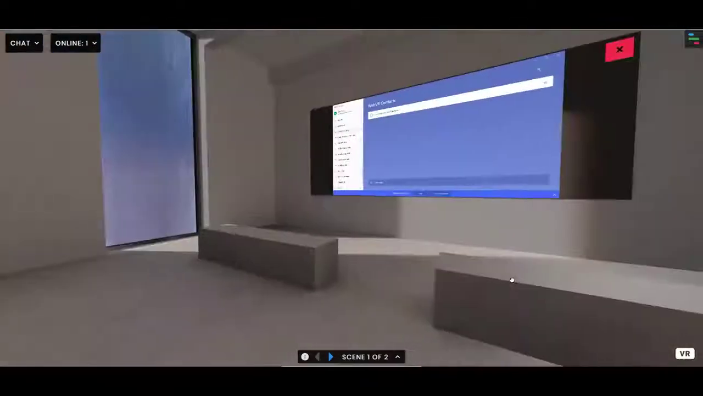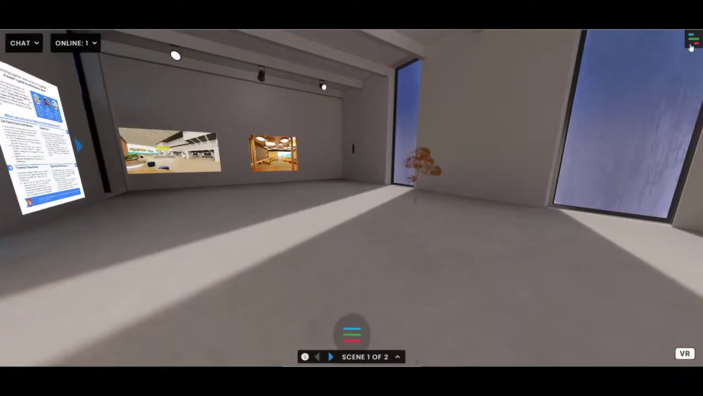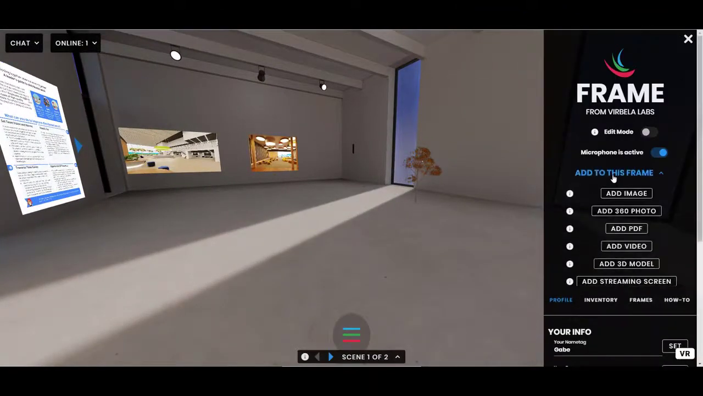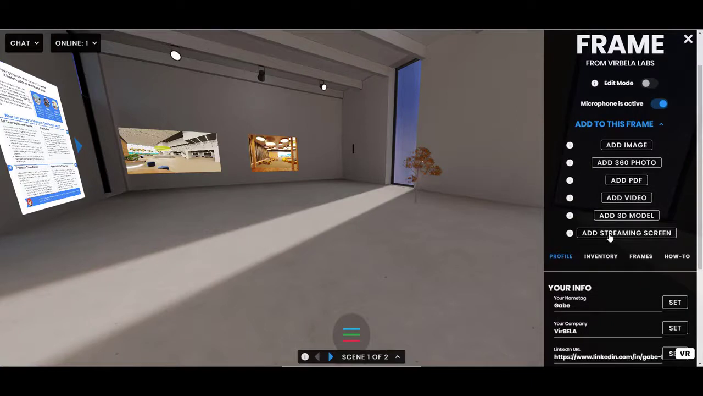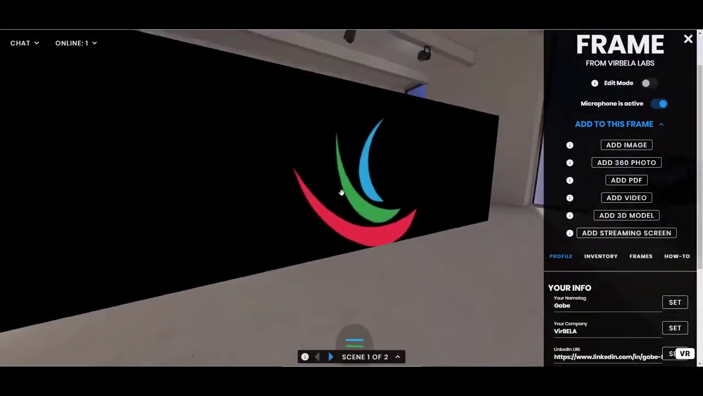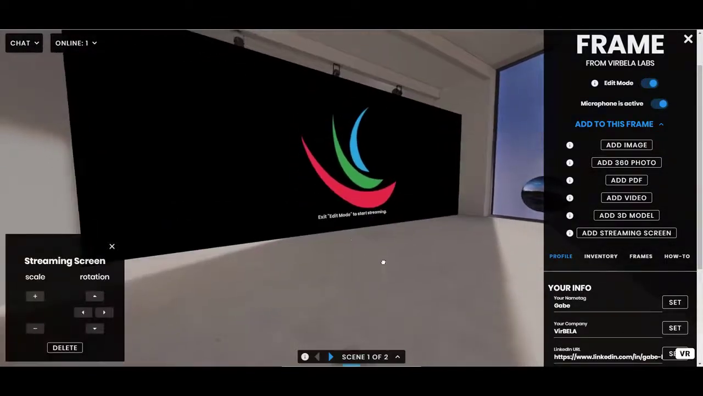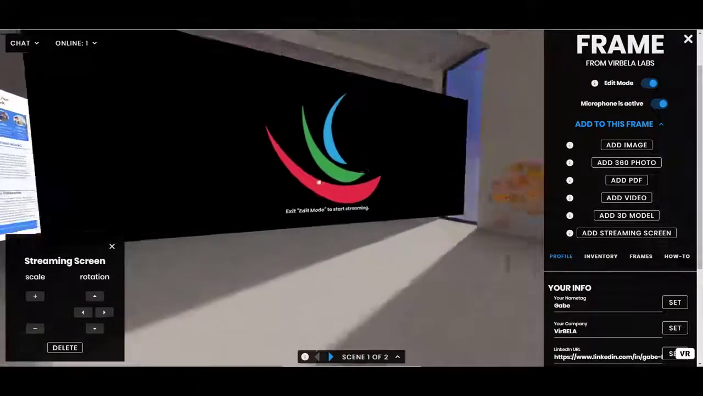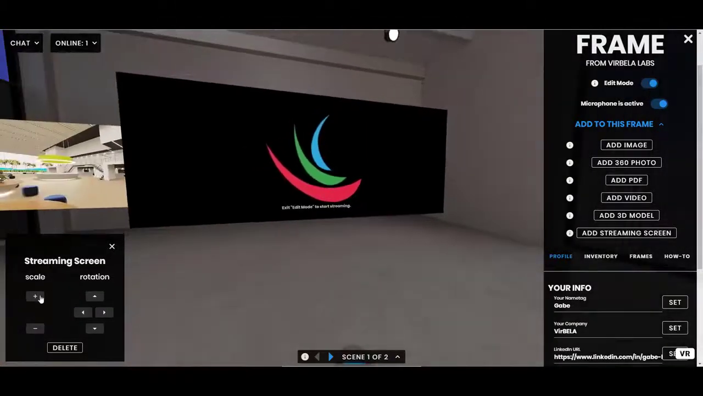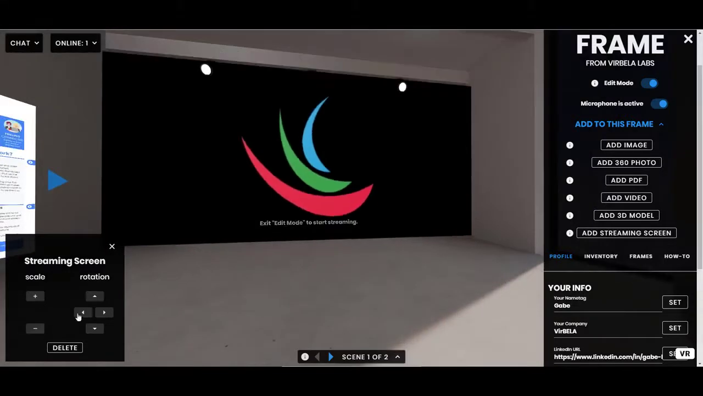Now it gets better though, so that's just one screen, right, that one person can use at one time. But in your add to this frame dropdown, there's an asset type for a streaming screen. You can add in more streaming screens, which is pretty cool. And then in edit mode, just like any other asset, you can click and drag it to move it around. You can even scale it up if you want to go big time with a big massive video,